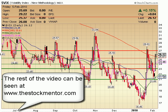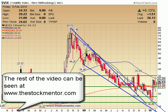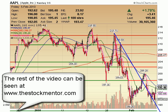From a weekly standpoint, you can see what we see here, and that's just more kind of backwards action. We did try to break up once again towards this upper 30 line. Fear coming right back out of the market at end of day. Apple on a 60-minute. Here you can see